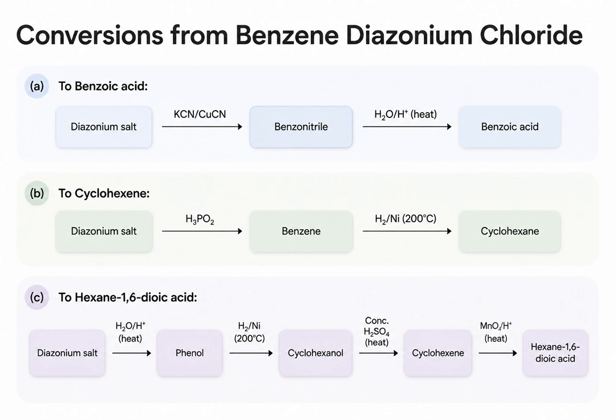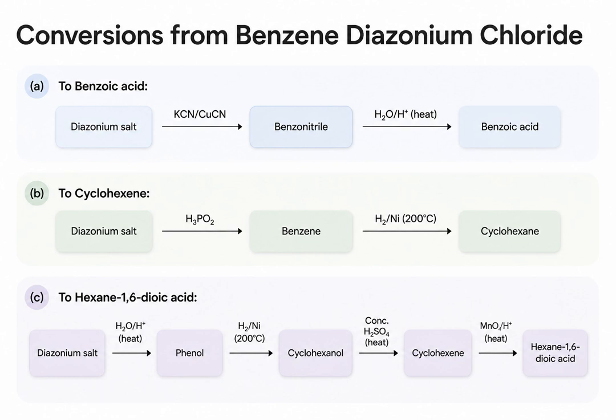To get cyclohexene, we first reduce the diazonium salt to benzene using phosphonic acid, then fully hydrogenate the ring using a nickel catalyst at 200 degrees. For a more complex target like hexane-1,6-dioic acid, we convert the diazonium salt to phenol, hydrogenate it to cyclohexanol, dehydrate it to cyclohexene, and finally use hot acidic permanganate to oxidatively cleave the double bond, opening the ring into